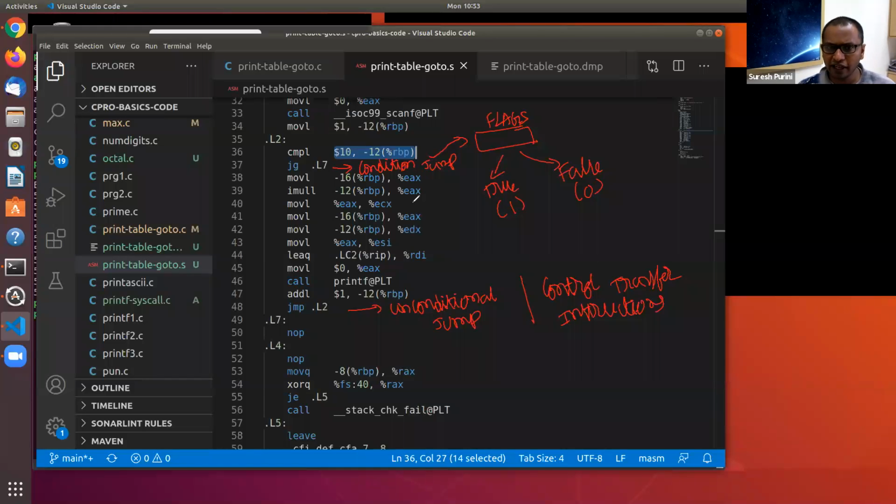You don't need to worry about these instructions. What I want you to understand is that the processor follows a fetch, decode, execute model. When it hits a conditional jump instruction like on line 37 or an unconditional jump instruction on line 48, the control can take a different direction instead of a mere forward flow.